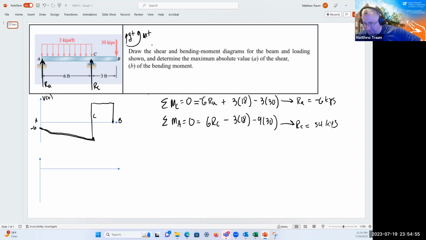And now I've got to figure out some values. So remember, I had to go down to get myself back to 0 at point B. So I know that this is 30 kips. And because there's no load from C to B, I also know that this is 30 kips. And so I've got most of the key points figured out. I've just got to figure out what this one is. And the way that I get to it is to remind myself that VC minus VA is equal to the area from XA to XC,